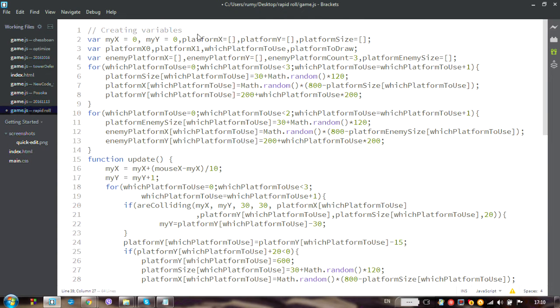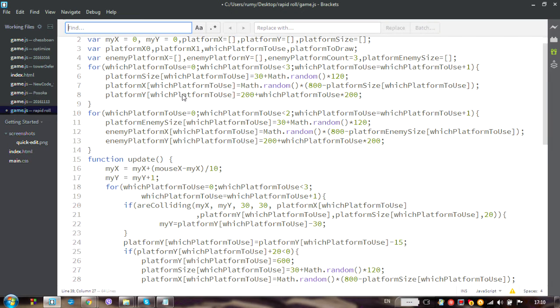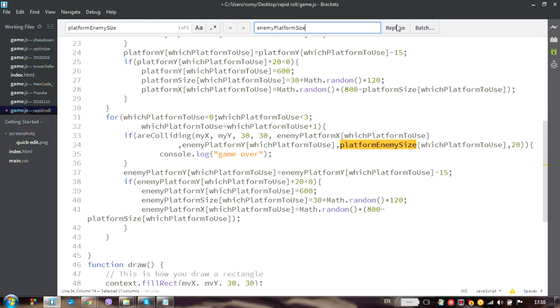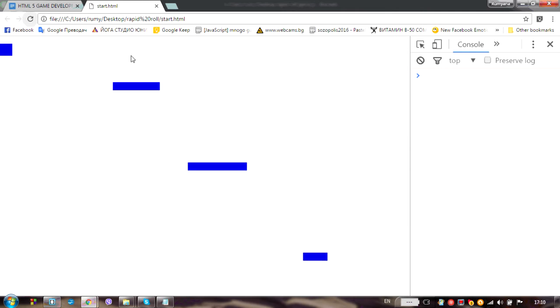And perhaps I also have problem with platform size. Perhaps I have written on few spots platform enemy size, and instead I mean enemy platform size. Let's hope that those are all my mistakes for today, and just let's play our game. So you can see that